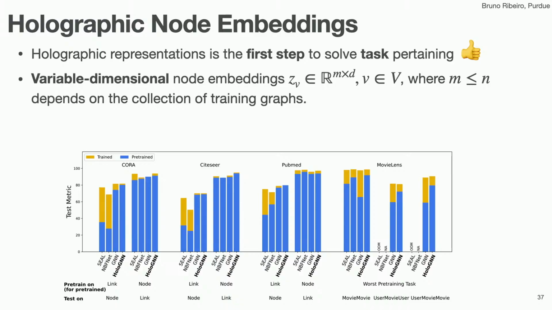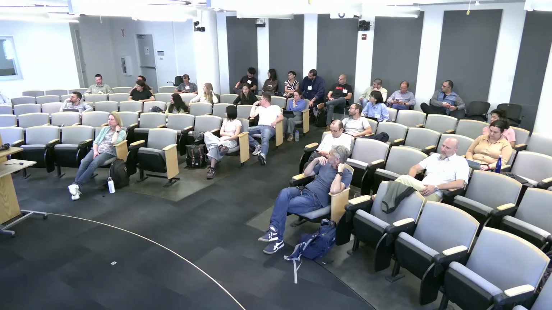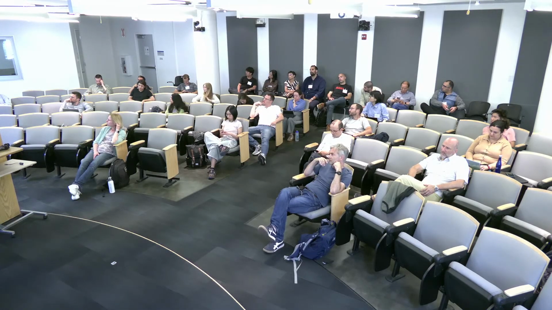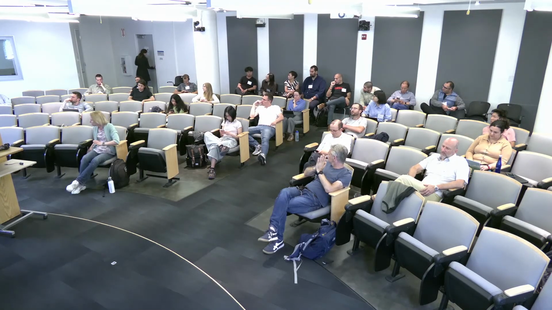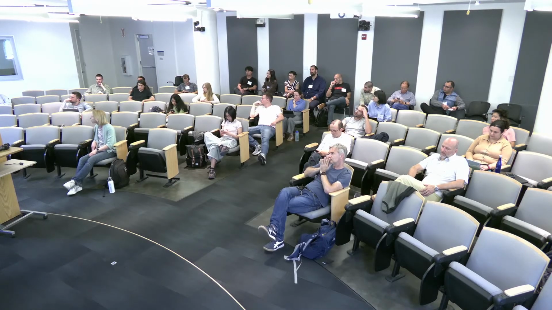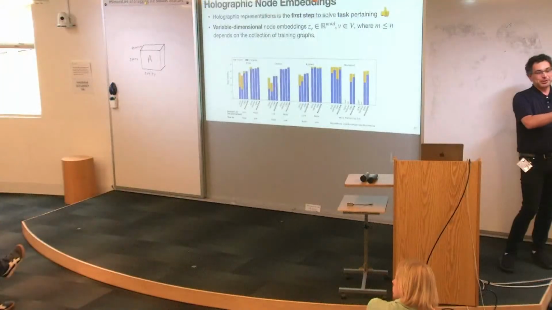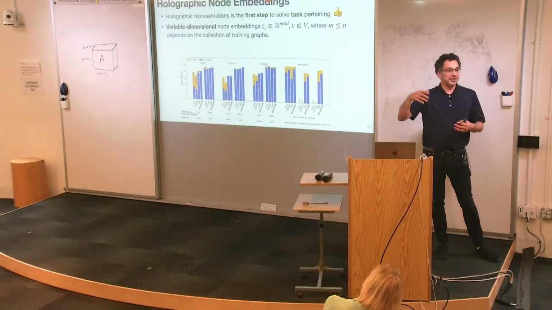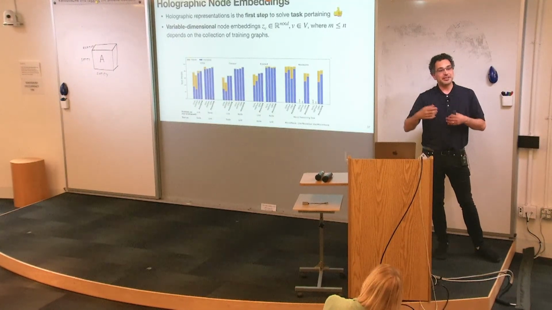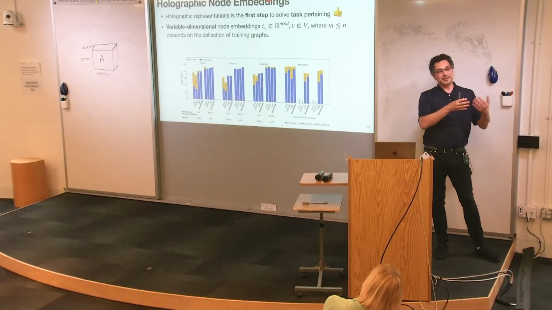Yes? In this movie case, if I pre-train on the same task, does it give me the best accuracy on that same task? No, you pre-train on some task, the worst task. The question is, if I pre-train on another task, can it get better on my task? Yes, it can get better on your task. That's something we are looking into. What are the right tasks to pre-train so that it's robust to things that you want to do in the future, like higher orders or different tasks. There's an interesting question of what's the right task to pre-train.